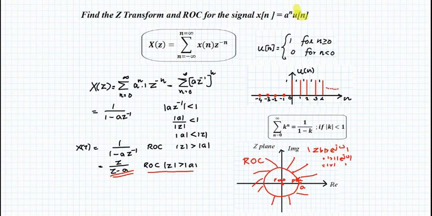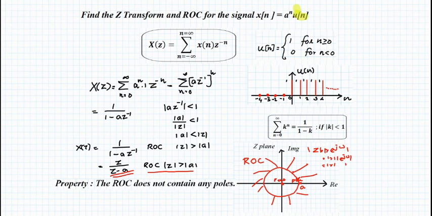And from this you can see that in the ROC, when z is equal to a, what happens? It becomes 0 and the result goes to infinity. So ROC never contains a pole. This is one point you should remember. ROC does not contain any pole because z is not equal to a, it is greater than a. So ROC does not contain any pole. This is a point you should remember, and we will discuss one more point about the